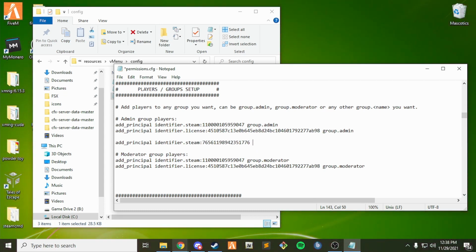Then you can do space group admin. You can make as many groups as you want. Just have to be this way. Make sure you put a space in there, or a period. Sorry, not a space. Okay, now we're set up with our Steam ID